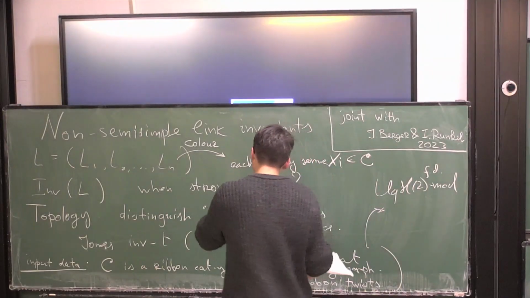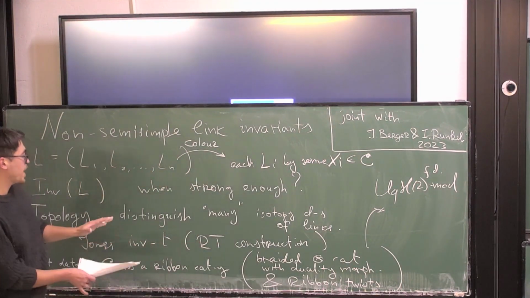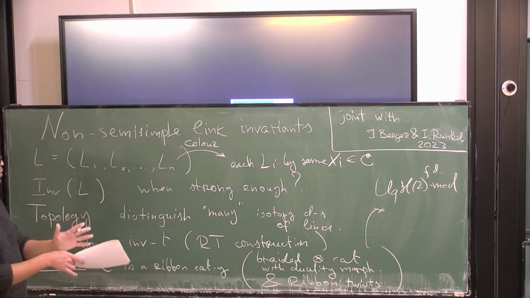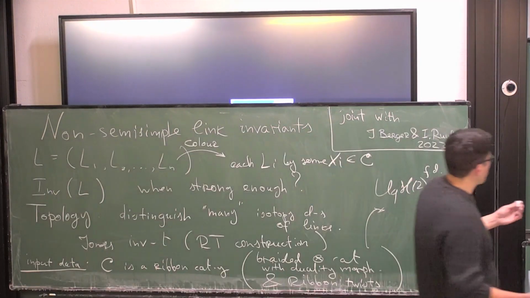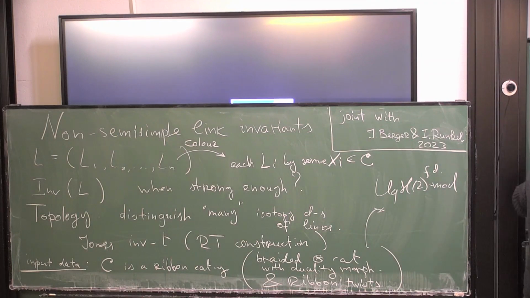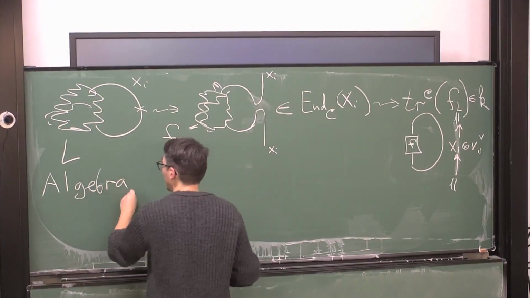So in topology again, we are interested in invariants from the point of view of how strong they are, in the sense of how many isotopy classes of knots they can separate. But as a representation theorist, I would propose the following point of view on invariants being strong. So from the algebra point of view, I want to ask the following: